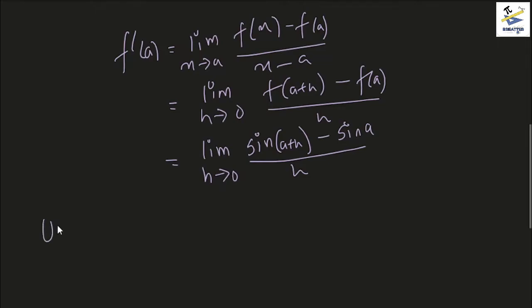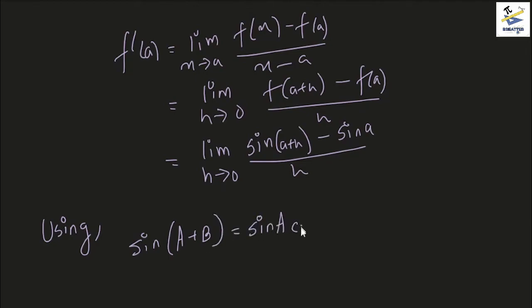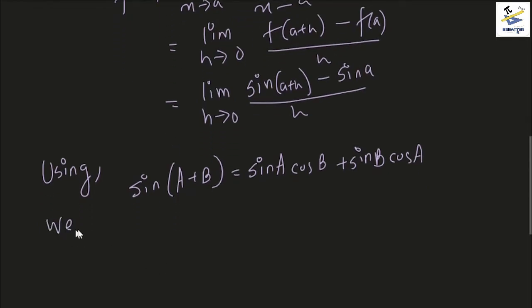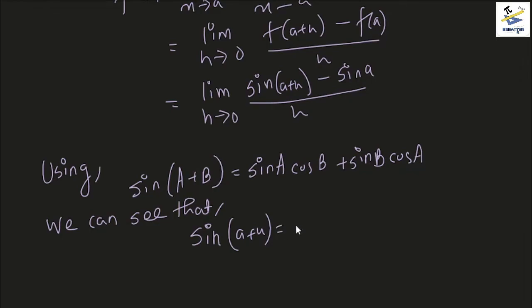Now we can use the formula for compound angles, that is, we can add and subtract angles inside sine, and we can also expand them. So we can use the formula sine of a plus b equals sin a cos b plus sin b cos a. So using this formula, we can see that sin of a plus h similarly would be